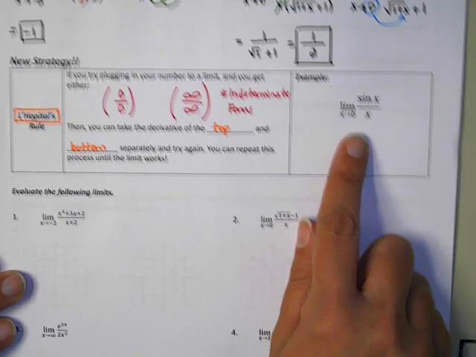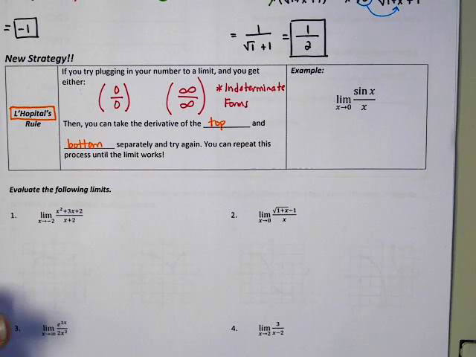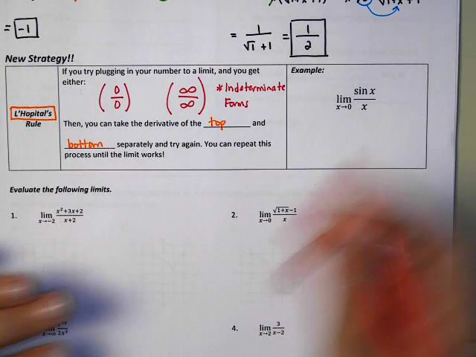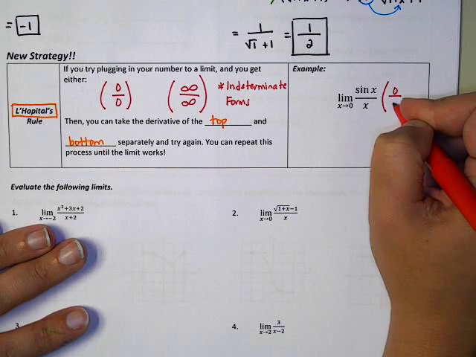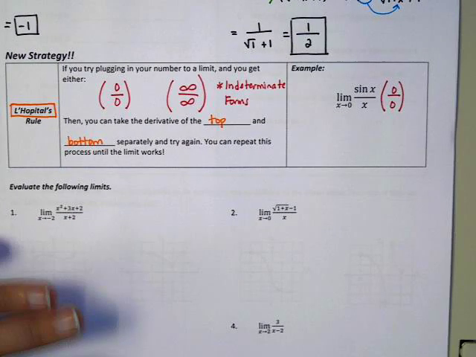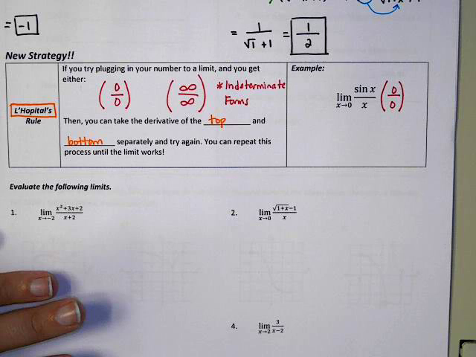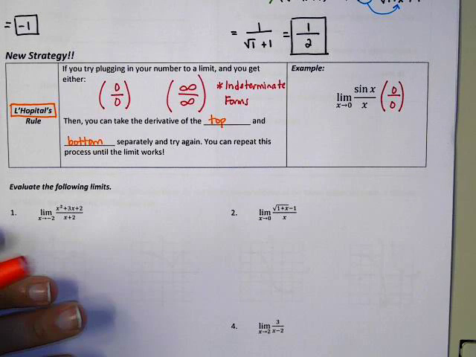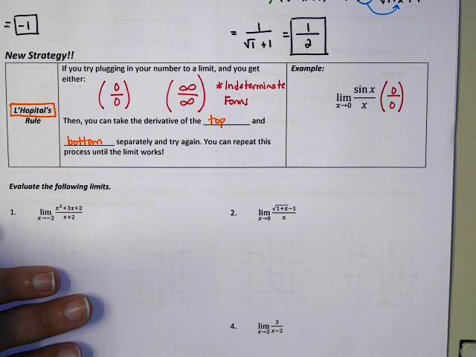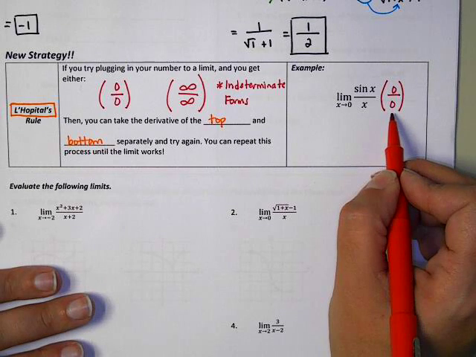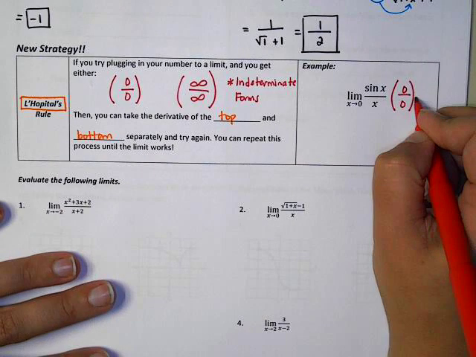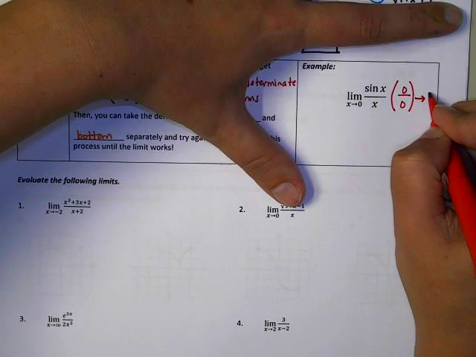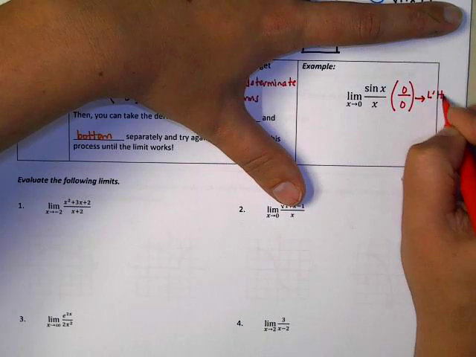So for this example, the first thing I would do is try substituting. Now thinking back to the unit circle, if you substitute in the value 0, on the top the value of sine is 0, and on the bottom you just have 0. It is very important that you actually show the indeterminate form before applying L'Hopital's rule. So showing that you get 0 over 0 like this is required as part of your work. Then you need to say that this led us to be able to apply